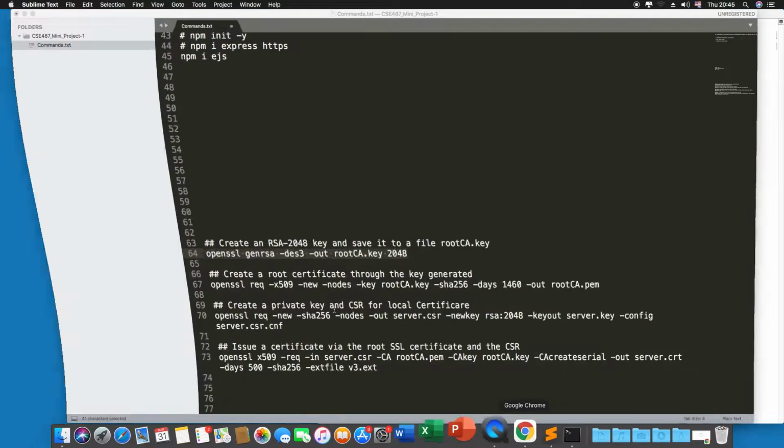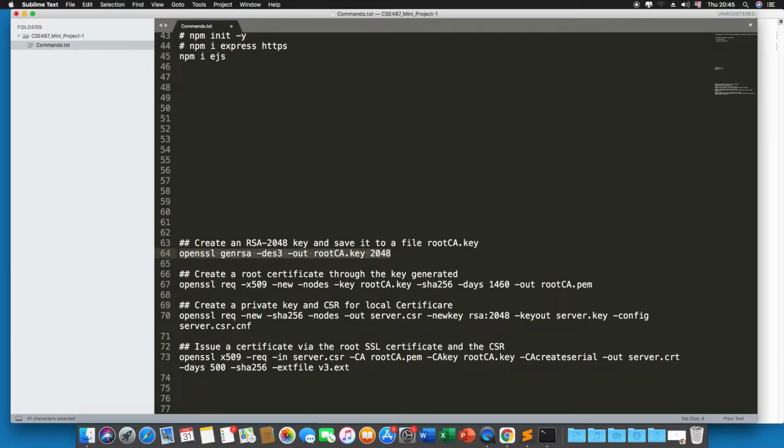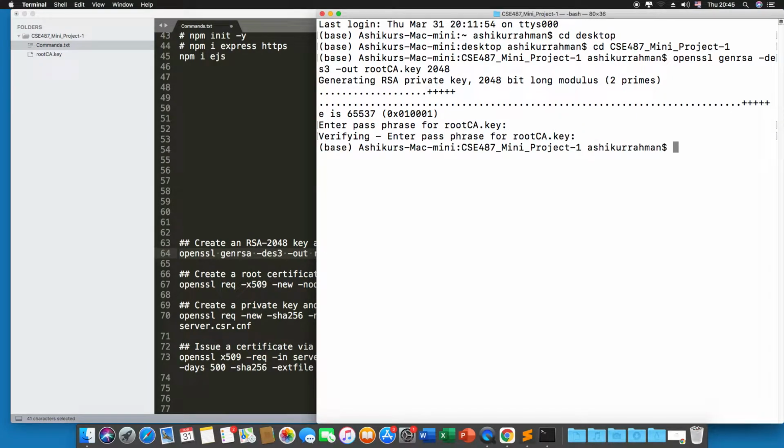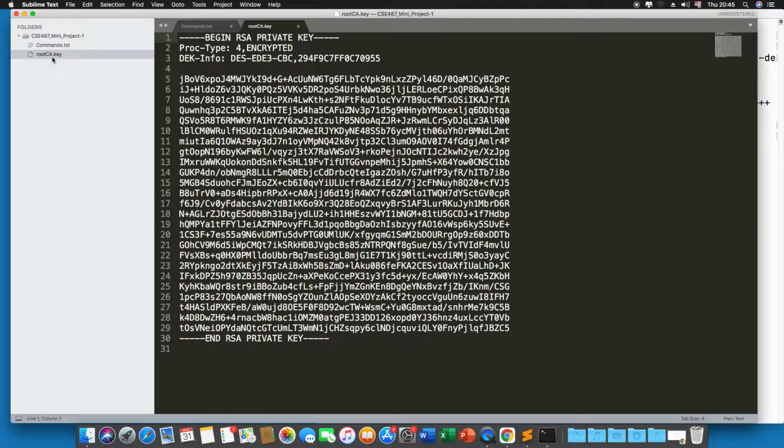Now I will execute this command to generate a 2048-bit RSA private key. Here is the command. Copy paste. It's asking for a password. I am giving the password here, and the execution is completed. We can see that the rootca.key file is generated here, which is the RSA private key, and here is the content